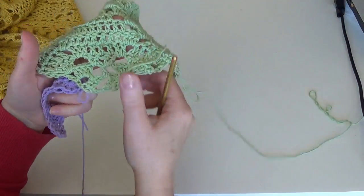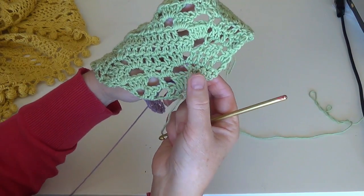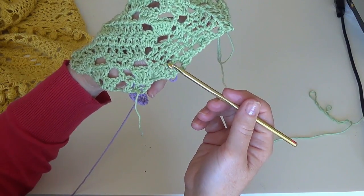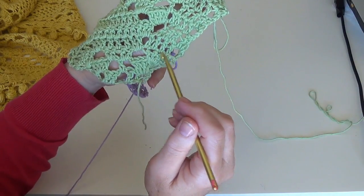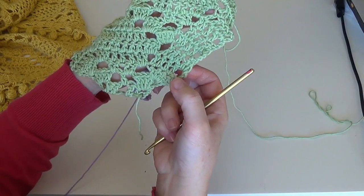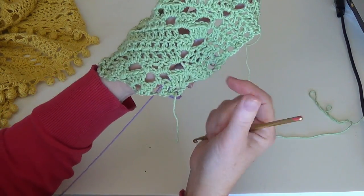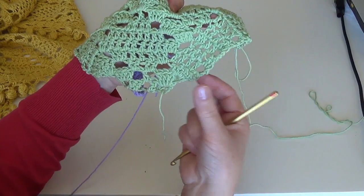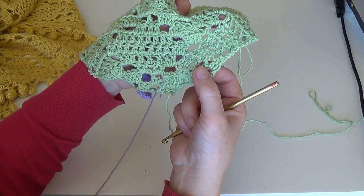And from this point and after, you see this is row 3. We are going to work always 1 separate double crochet in each stitch of these 5 of this cluster. So after this we're chaining 4 and we have 1, 2, 3, 4, 5 double crochet at the beginning and 5 at the end, always 1 by 1. Till row 3 it was clusters. After row 3 it's single